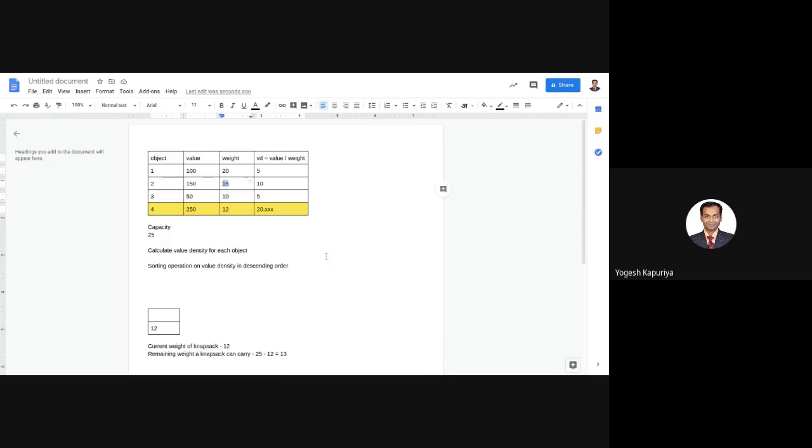Now how to find out that fraction? What is the total weight? 15. What is the remaining weight? 13. So that means I will simply pick 13 out of 15.